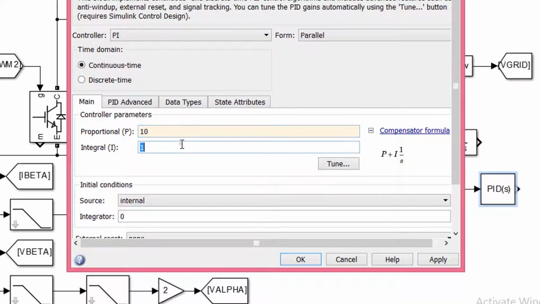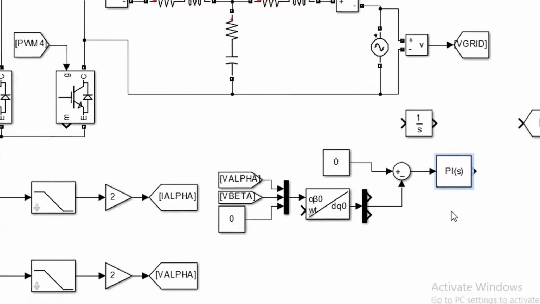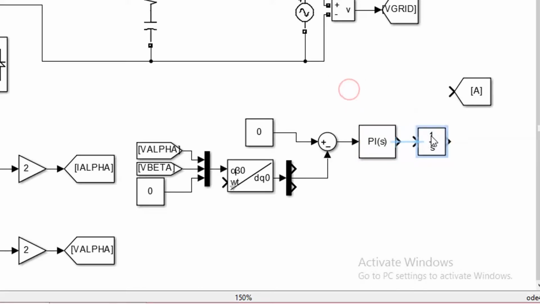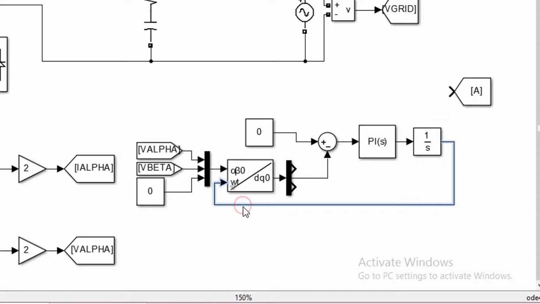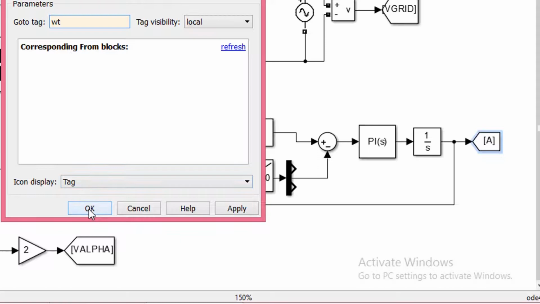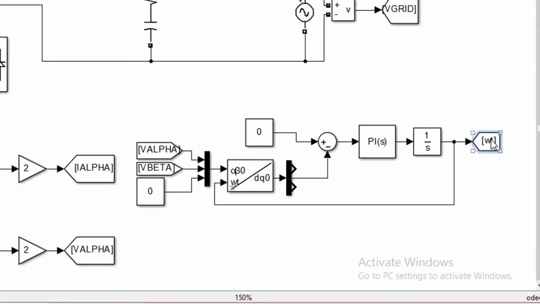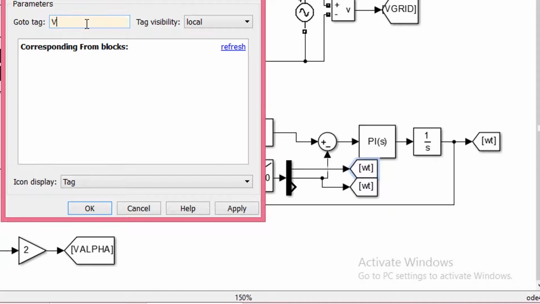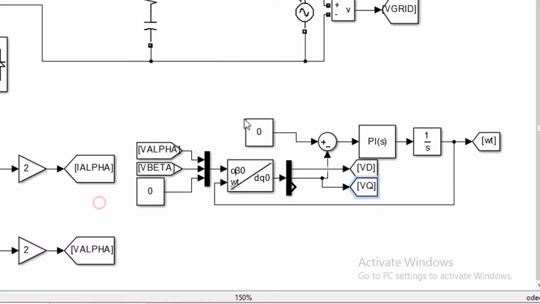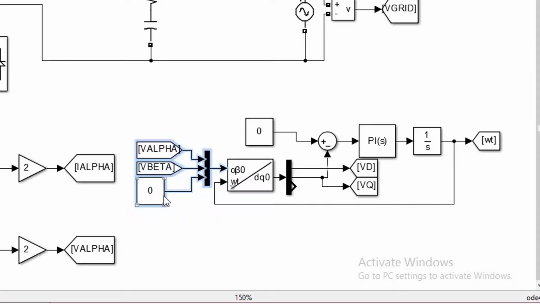Set Kp and Ki values. Output of PLL is marked as omega t. Now connect blocks to generate ID and IQ.